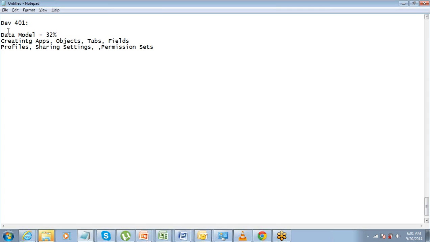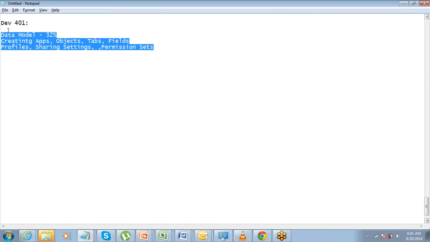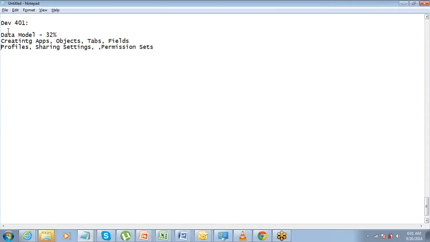So this all will be covered under your data model. 32% weightage for this one. So this is quite important, right? Your understanding regarding profiles, sharing settings, permission sets, and your applications, tabs, fields should be clear.